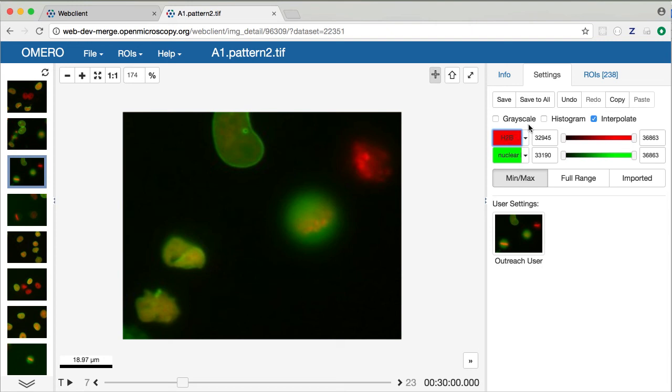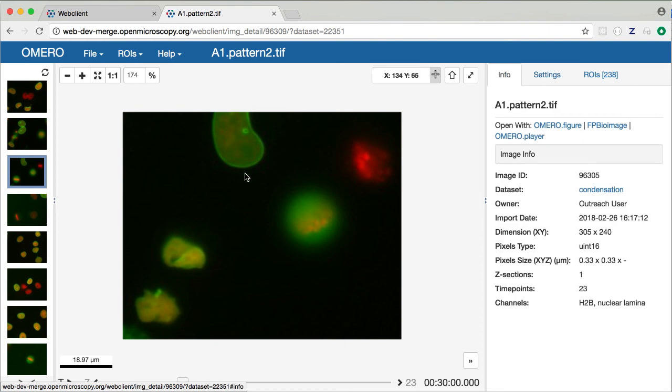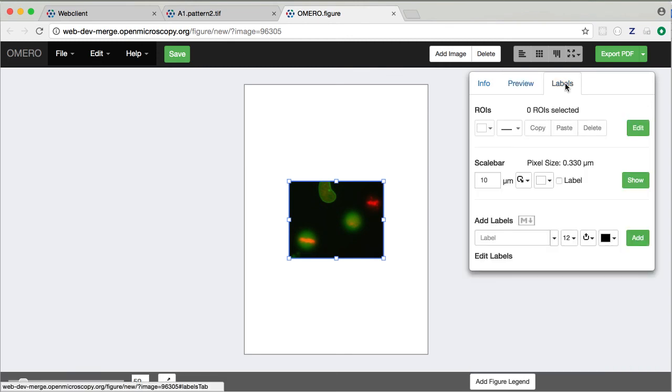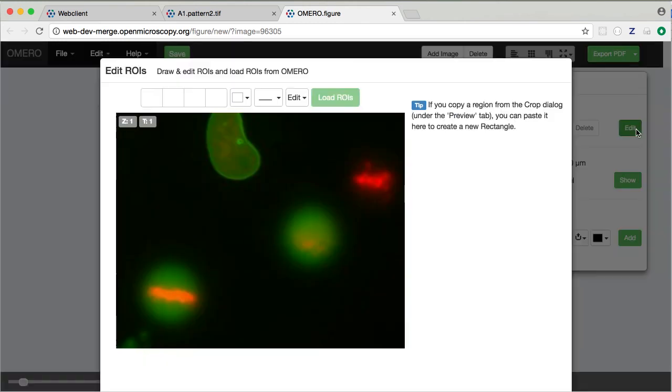So now finally I'm going to open this image, and I can open it with a number of different viewers here. I'm going to open with OMERO figure, and I can use some of what I've created in the iViewer by, let's go to the labels tab here, and I can load ROIs from OMERO,